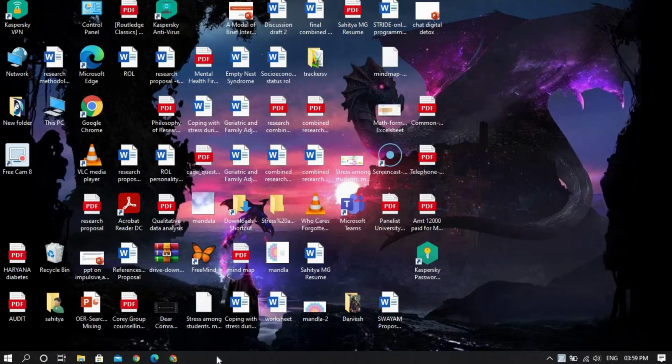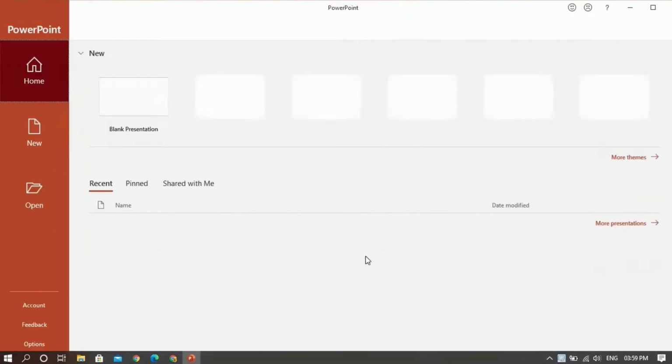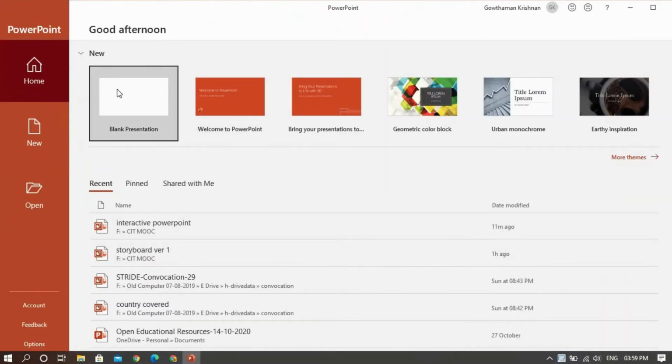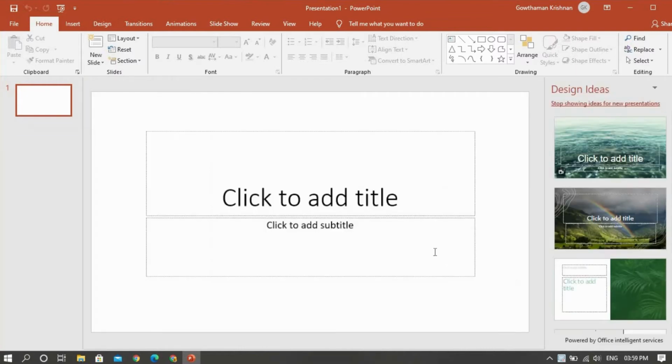Now let me explain how to create interactive content using the PowerPoint presentation. First, open PowerPoint on your computer. Once the presentation opens, you select the blank PowerPoint presentation. You need not give any screen designing or background designing.